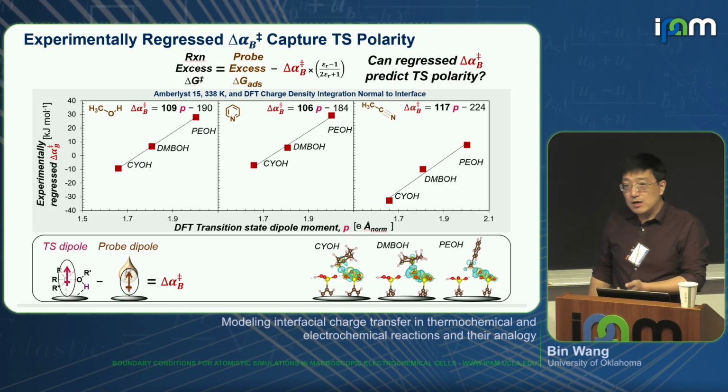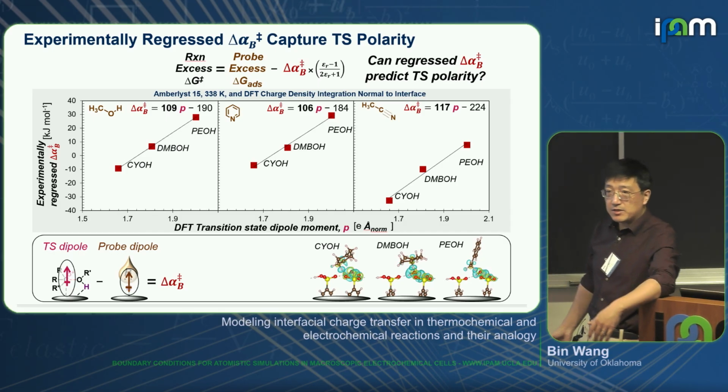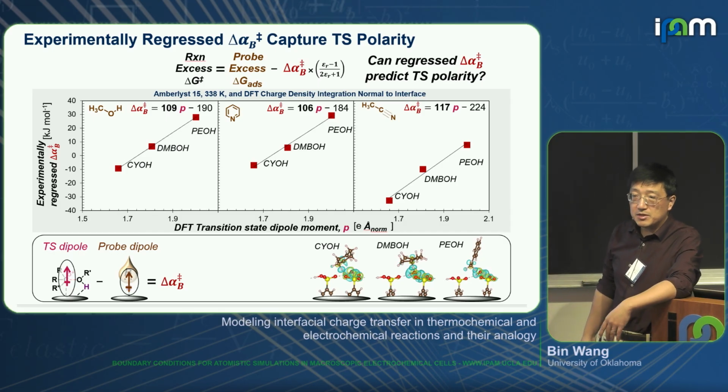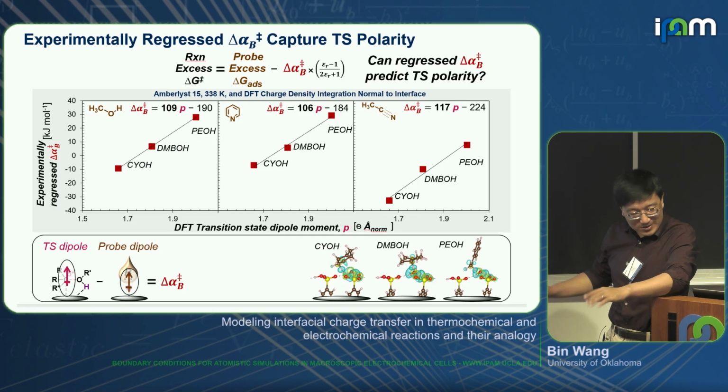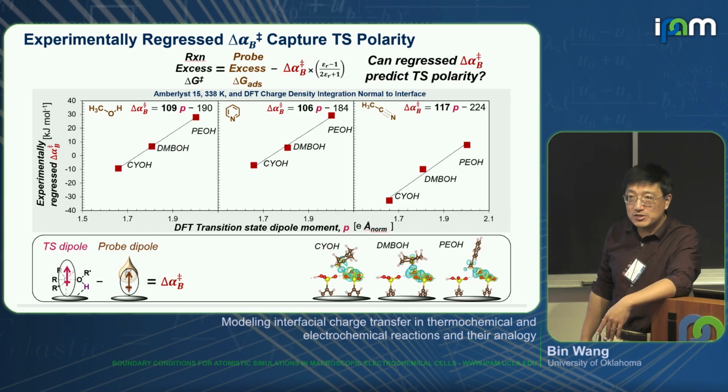One thing we are still working on is, because the question can be asked, how about we just introduce an implicit solvent model by changing the dielectric constant and plot the activation barrier as a function of the dielectric constant. We are working on that. We don't really get the exactly linear trend we are expecting. But at least this correlation suggests that the dipole moment at the transition state definitely matters.